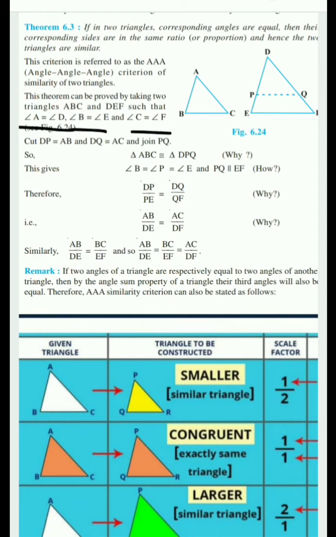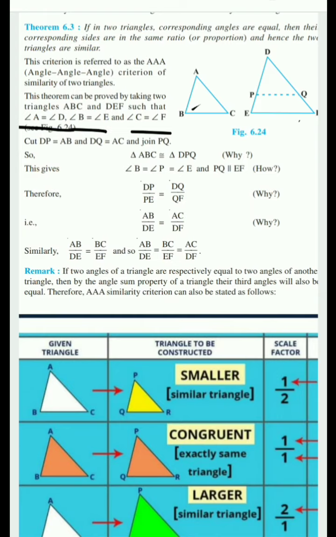They told us if we draw a similar triangle by taking P and Q points, then these two triangles will be congruent. Triangle ABC and triangle DPQ are exactly the same. But if we are talking about similarity of triangles, we have to take triangle DEF. Because their angles are the same, as we have seen in earlier examples, but we have to prove that the ratios of their sides are the same.